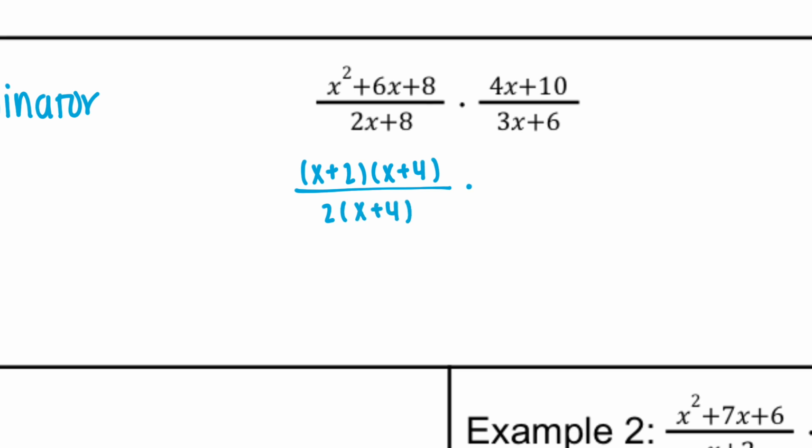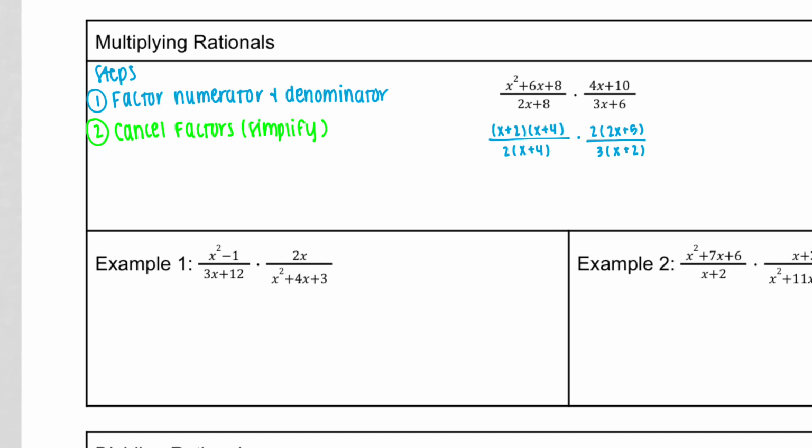Now I need to factor the second one. When I have 4x plus 10, I can't take 4 out of both of them, but I can divide every piece by 2, and that leaves me with 2x plus 5. And on the bottom, I can divide 3 and 6 both by 3, and that leaves me with x plus 2. So step 2 that I have in green is where you're going to actually cancel factors,